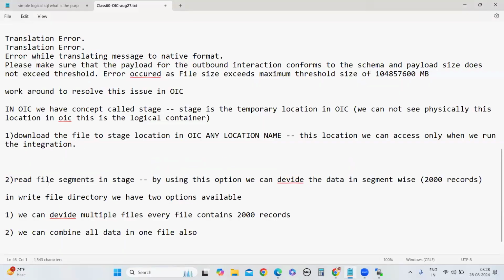Next, we will use the read file segments option. The read file segments option is available in the stage operation.